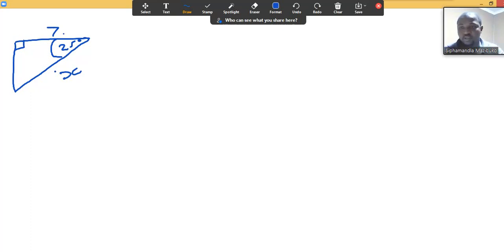Just to use cos, then we can say we have cos 25 degrees is nothing but 7 all over x, so we need to find the x. So in this case, to solve for x, we can just say